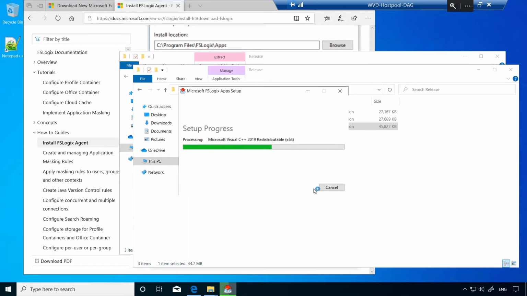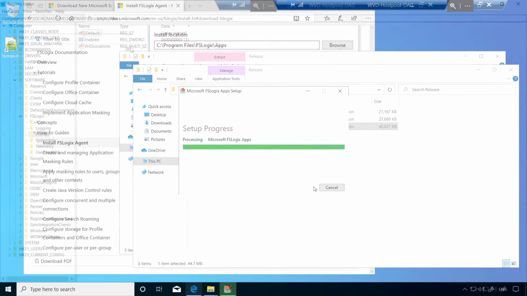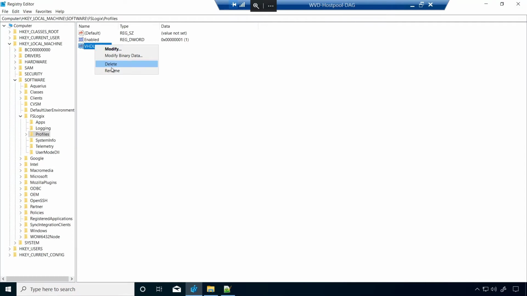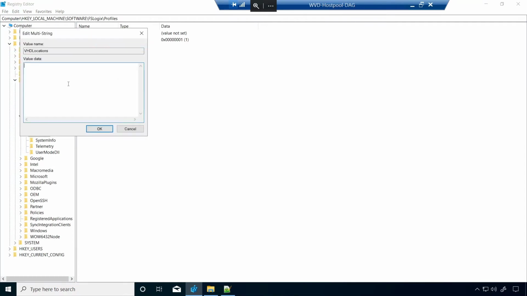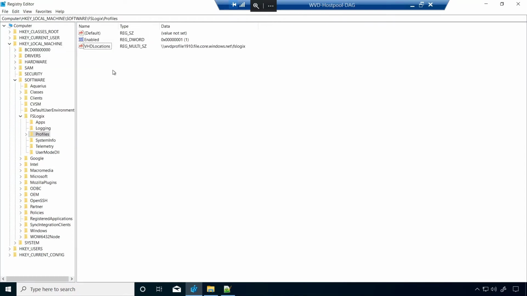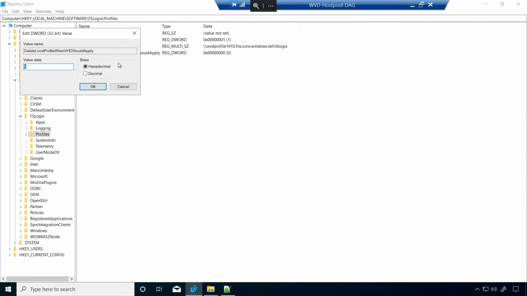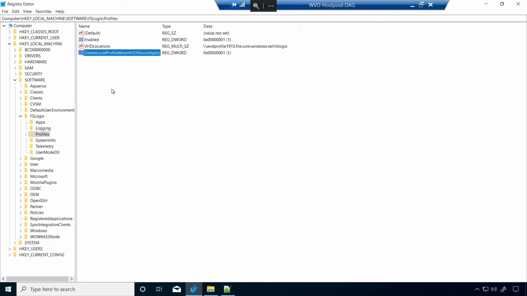And what happens with the existing profiles? Do these get overwritten or simply copied across to the new location? So that's a great question and something that we need to be cautious about. Notice that I've added a new registry key that sets our profile VHD location. Now, when the system determines that a user should have an FSLogix profile, the local one will be deleted. Okay, so this is something that should be set early in your WVD deployment as to avoid losing any settings